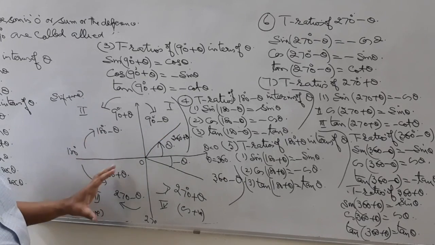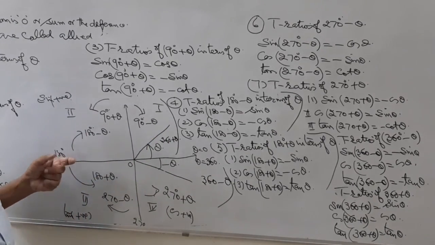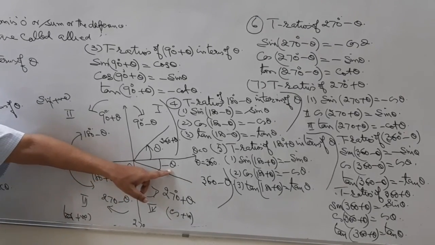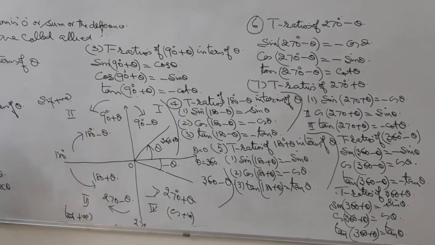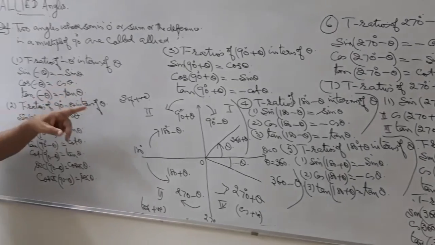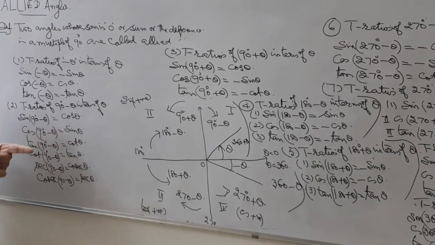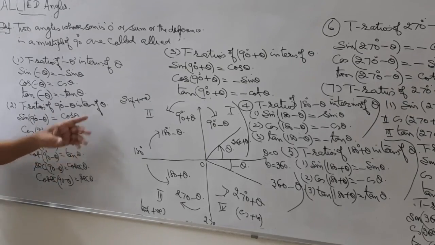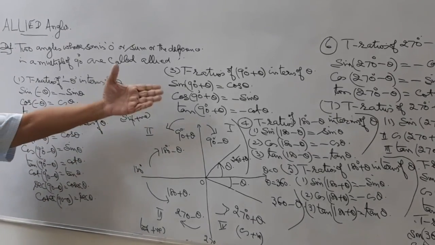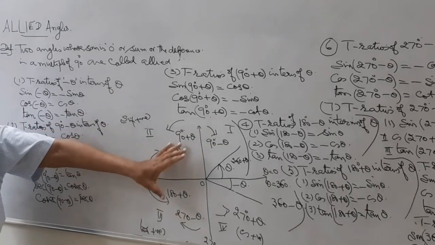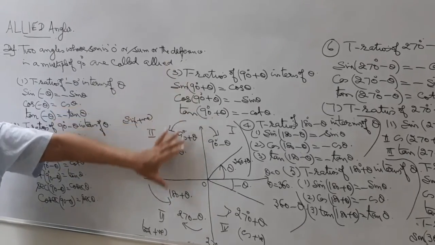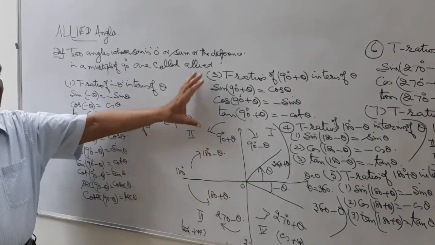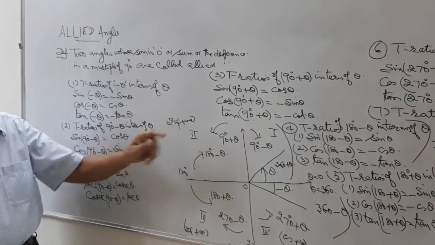So when you decide the result corresponding to sine minus theta, immediately think that you are in the fourth quadrant and use the result sine minus theta is minus sine theta, because of the sign conventions there. That is all sine, tan, cos. And similarly you can find out the other values. That's all for today. Tomorrow we shall consider the applications of all these results, but please try to remember and make a clear picture in your mind of how to put up the values.